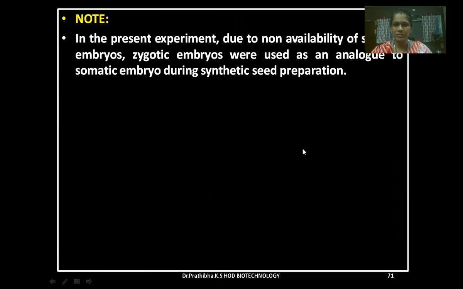Because when you are going for a synthetic seed preparation, you need to regenerate the embryo, you need to regenerate the callus. From the callus, you should go for the somatic embryos, and those somatic embryos will be excised and will be going for the encapsulation by using sodium alginate and the ice cold calcium chloride. But right now, in the examination hall, to do callus regeneration and inoculation, everything, it's time consuming. So we can go for the preparation of synthetic seeds by using the groundnuts.